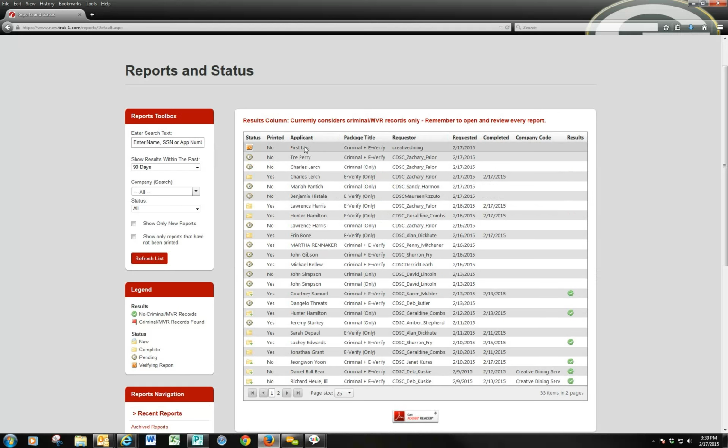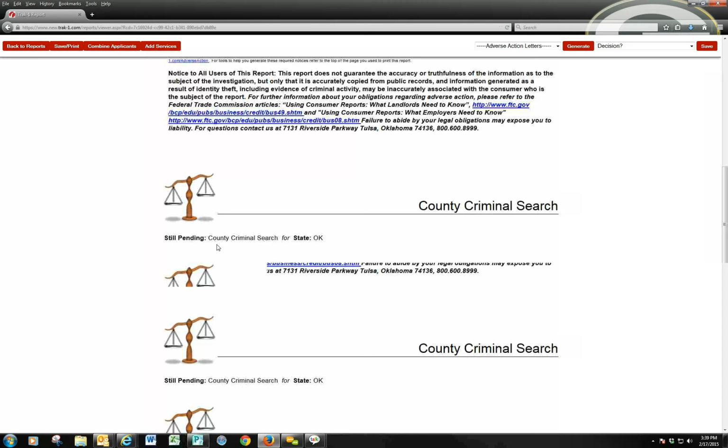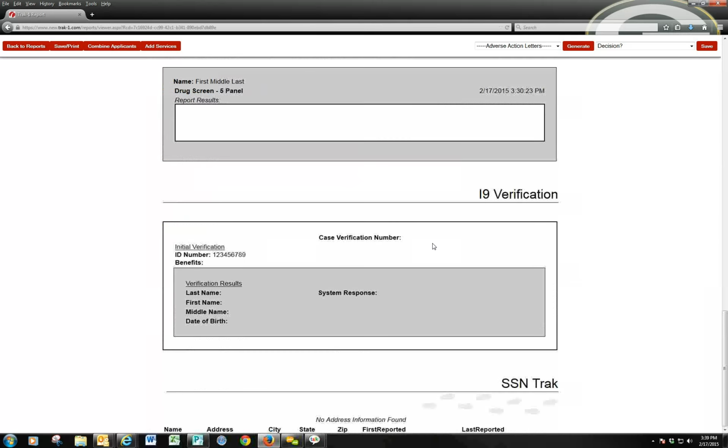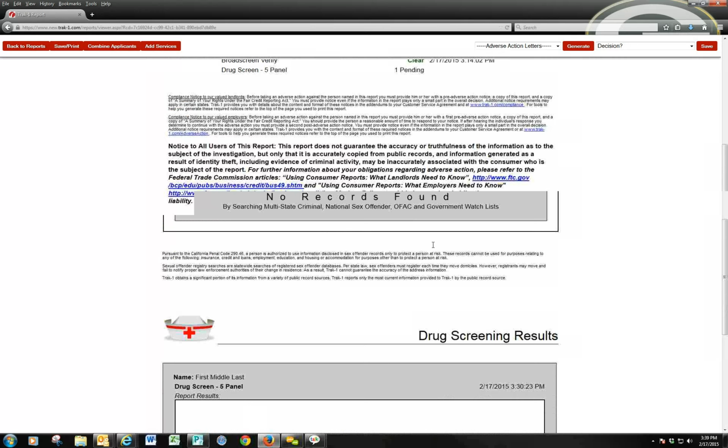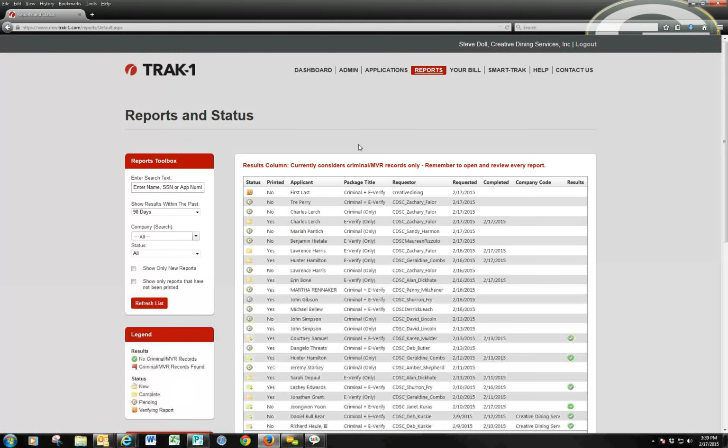You can always review a report before it's completed by simply clicking on the name, and it's going to tell you what's happening within each one of those components. See, I changed the county criminal to pending verification. The drug screen's been assigned. I can get the partial report, and it's going to give me the information that's available in the partial report until it's completed. Once everything is completed,